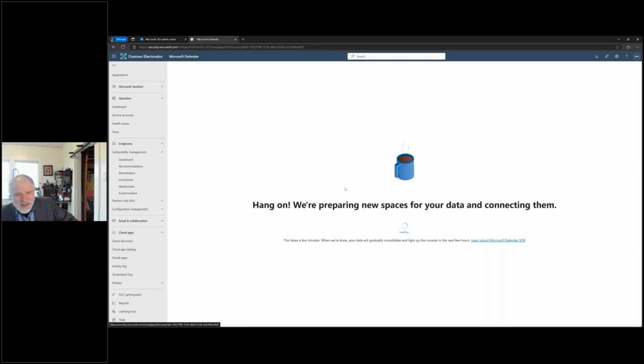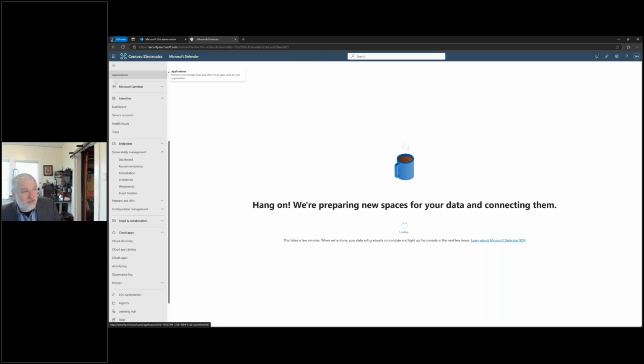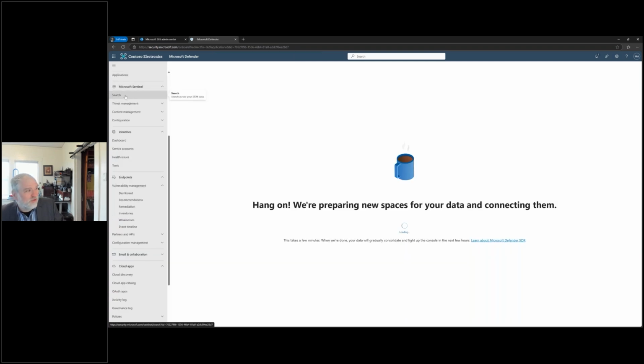But you saw the screenshots earlier on. Suffice it to say, what I was going to show you is that going into a cloud app, you can see which users are using it. You can see all these 10 users are using Dropbox, or these 10 users are using ChatGPT, and you can create policies that say, okay, we're not allowed to use LLMs unless it's a company-approved LLM, for example.